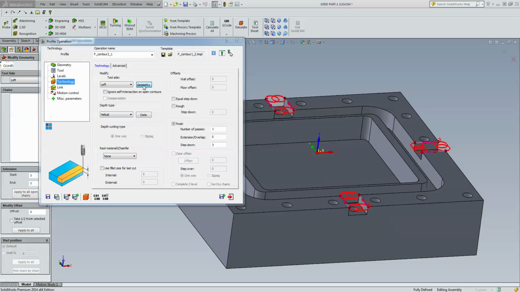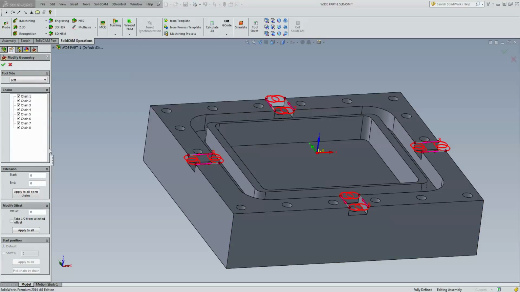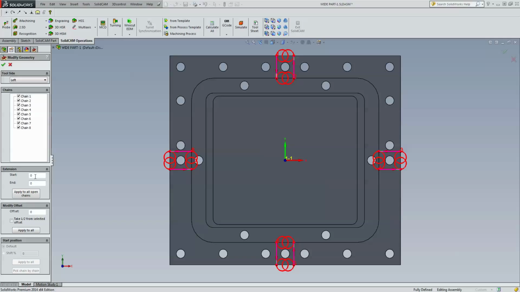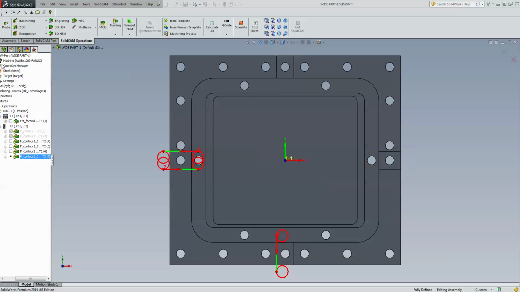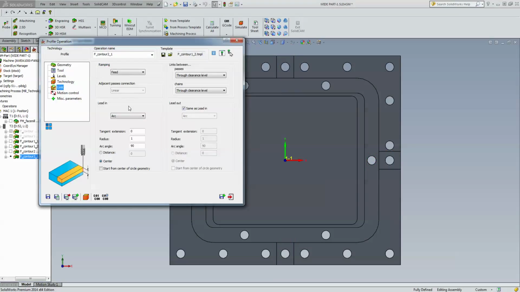In modified geometry, you'll note I don't have to change any chains over here because this is exactly what I want. The only thing I'm going to add over here is just the extension. So I'll add an extension over here, 4.5, over here as well, and I'll say apply to all chains. Note my offset is set at 0. One more thing I like to do, in my link, I'm going to have this as none, as far as my lead in and lead out. Again, even though I chose the template, doesn't mean I can't make changes in it. Save and calculate,